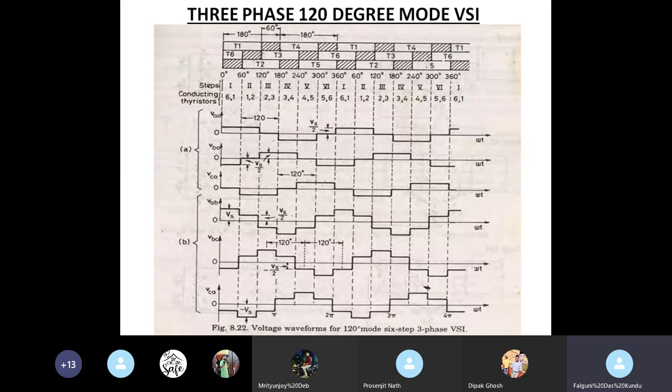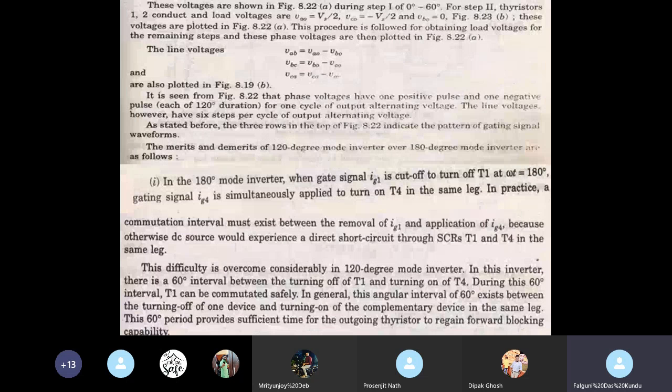So here we see for the balanced circuit what happened. If we consider a balanced delta connected resistive load, then we get the line voltages as a value, Vs by 2. And if we apply the Fourier transform analysis, then we get the values of VA0, VB0 and VC0 in terms of sine terms.